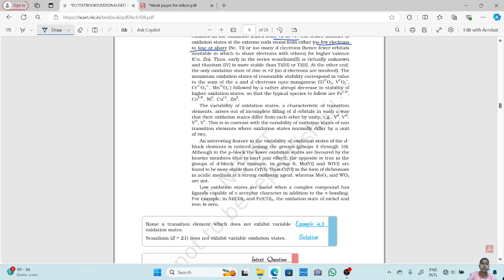I think it shows only positive oxidation states in transition elements. It is calculated by the addition of both. It is a sum of s and d electrons. Okay, up to manganese this is followed, but after manganese, as you can see,